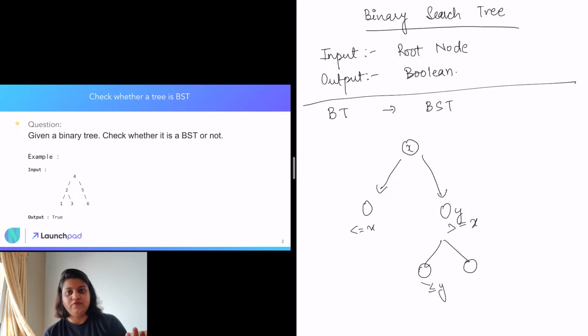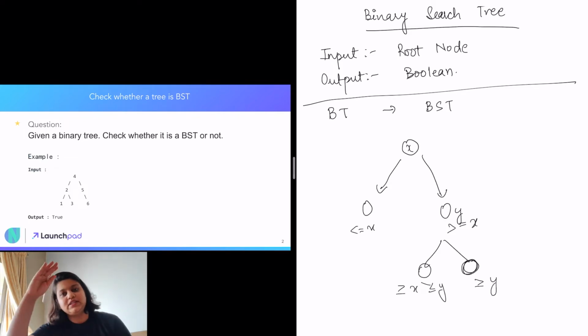That is the definition of a binary search tree. But at the same time, because it is in the path of the right subtree of the node which has the value x, it has to be greater than or equal to x as well. And this particular node has to be greater than or equal to y.